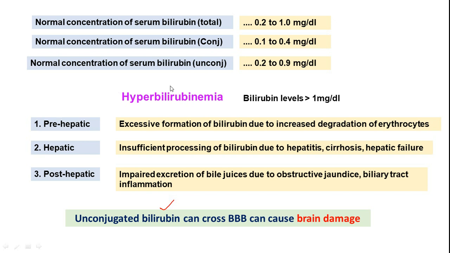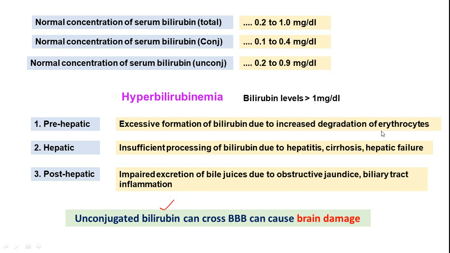Within the spleen, it is RBCs, because when more and more RBCs are getting degraded, more and more heme ring will be degraded, so that relatively more bilirubin will be generated. So in that condition, there is excessively increased degradation of erythrocytes, maybe because of anemias,